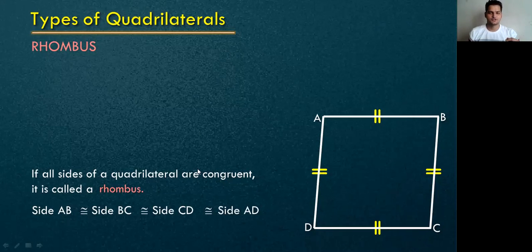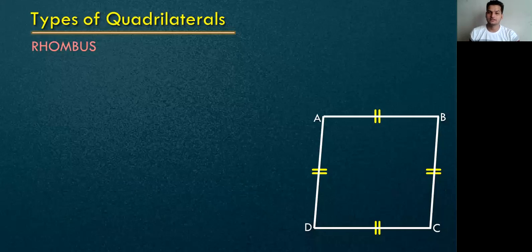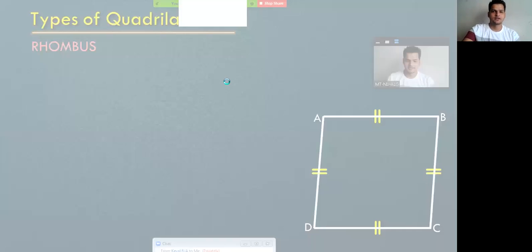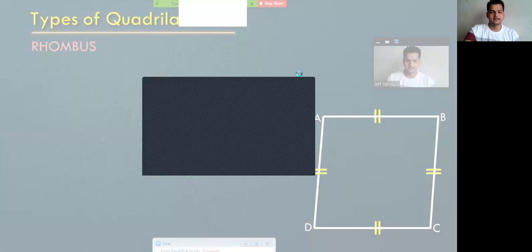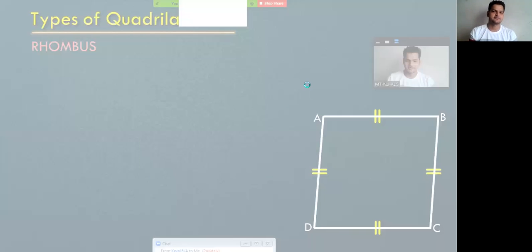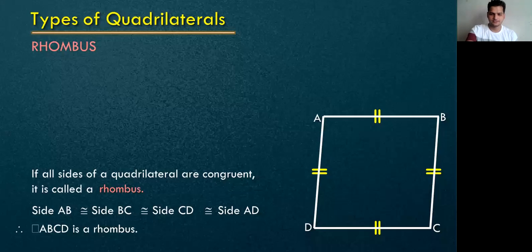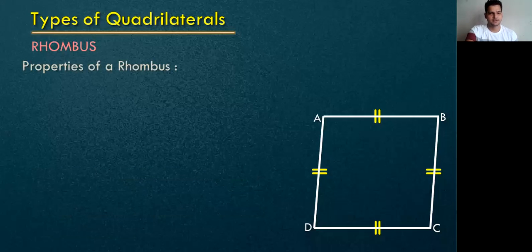Perfect? Great. So now let us proceed with the next part. If you ask yourself about this particular quadrilateral ABCD which has all the sides congruent, it is a rhombus. Why? All the sides are congruent to each other. Correct? From the last lecture we have already studied the concept of a rectangle. We have studied the concept of a square and today we are studying the concept of a rhombus. Alright students? Great.